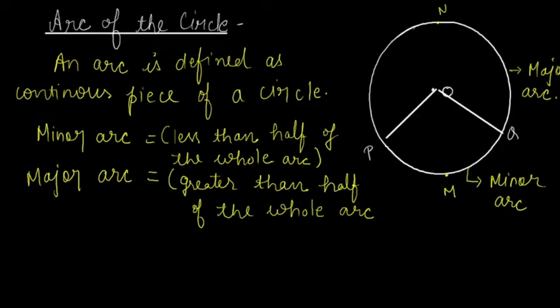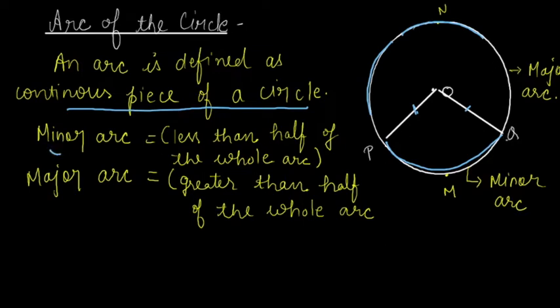Next, let's see what we have. We have the arc of the circle, that is very important. So what is an arc? It is a continuous piece of a circle. That's important here. Continuous piece of a circle means an arc is defined from the circumference only. Maybe this is an arc, and the rest becomes another arc. So if I draw two radii, OP and OQ, on the circle, now this PMQ is your minor arc and similarly PQ is my major arc.